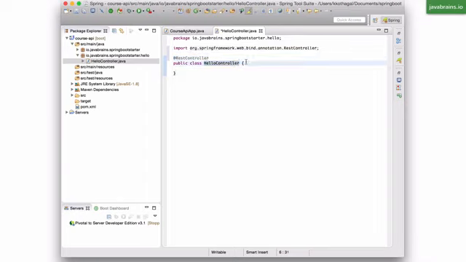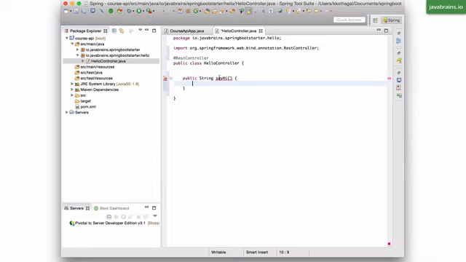Now, what does it mean? What does a class being a REST controller mean? It means that you can have methods in this class which map to URL requests, right? You can have a request mapped to a particular method so that this method executes when the user makes a request to that URL. Okay, so let's say I have a simple method here which says public string say hi,